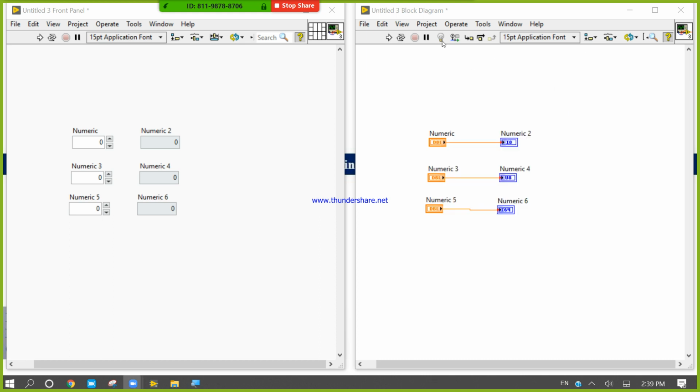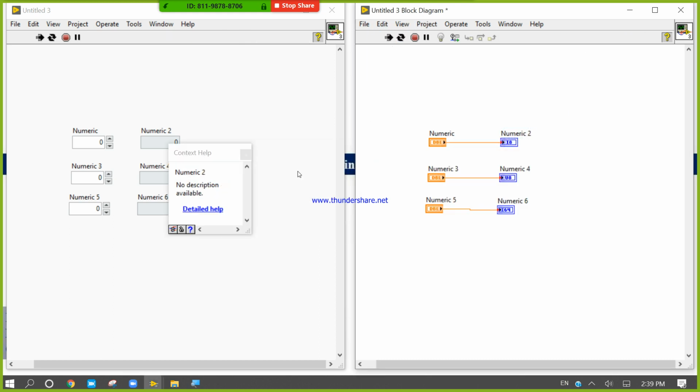Let's check. Run continuously. Here if I write 1, it will display 1. If I write 1.3, it will display 1. If I write 1.5, it will display 2.